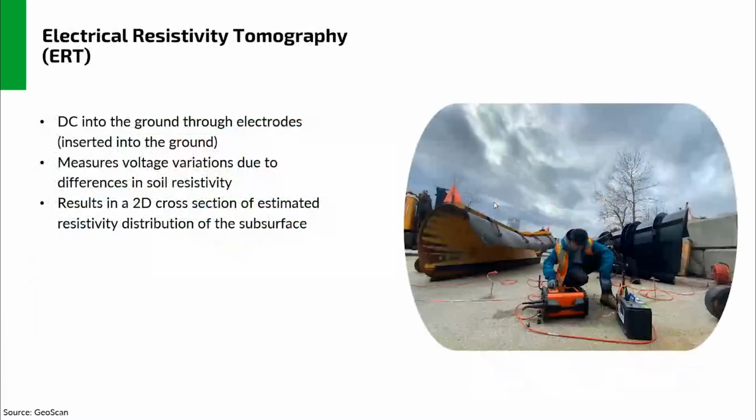The next method is electrical resistivity tomography, or ERT, and now it's kind of similar to the electromagnetic method. It's going to give a cross-section. However, although a three-dimensional ERT survey can give you all kinds of visualization, even in a map format, obviously, we are focusing on the two-dimensional ERT surveys, in which case you have a survey line with a lot of electrodes inserted into the ground a few inches, and then we pass a DC current into the ground